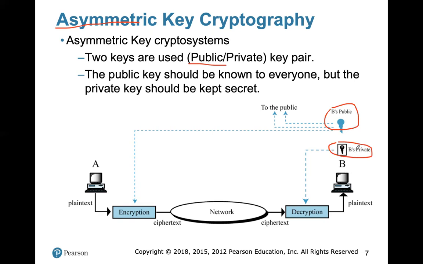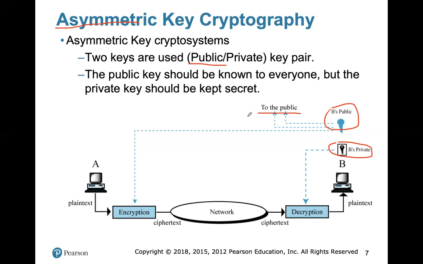That's the private key of B, and the only computer which is aware of it is B. This is something very important. B generates this key, this black key, and keeps it for itself. It doesn't reveal it to other people. But B also generates another key, this blue key, which is called the public key, and publicizes it to everyone. So everybody would have access to B's public key. You see, it says "to the public."